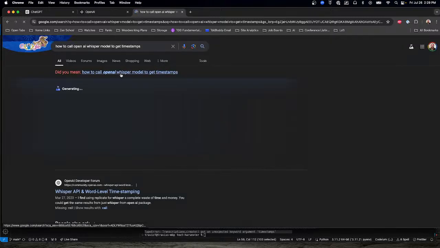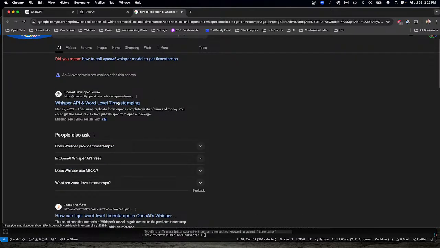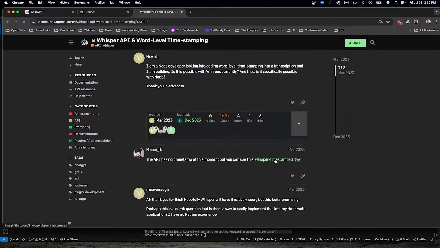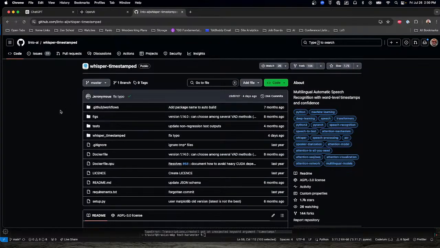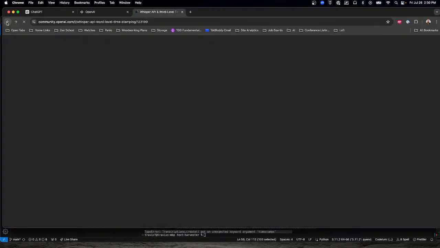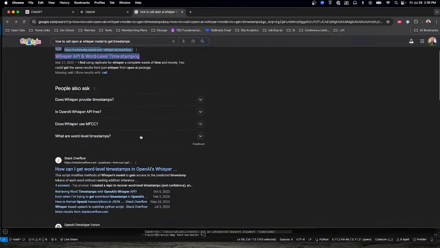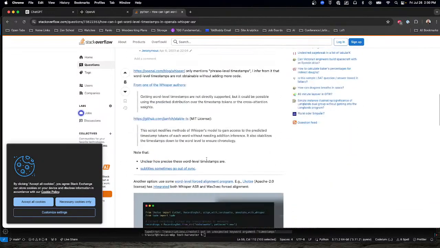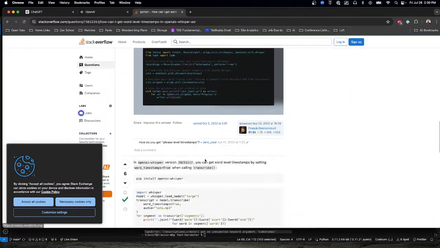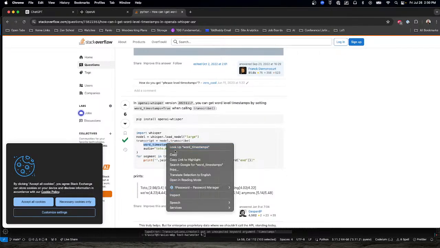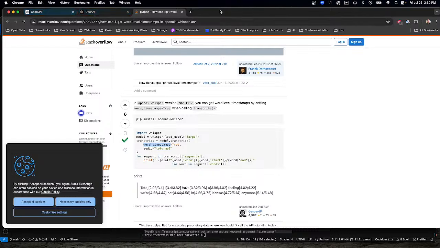Let's try good old Google. There we go. It turned up the thing that OpenAI's documentation seemed to be hiding: Whisper timestamps. Let's see if Stack Overflow has anything. Okay, it says word timestamps, not just timestamps.